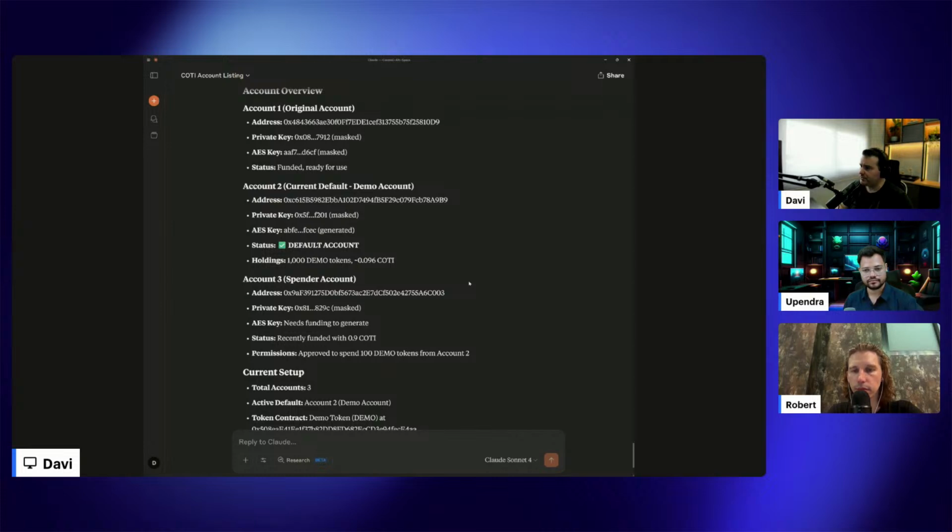So what I should do now is change the default account from account 2 to account 3 and try to transfer 100 tokens from account 2, right?